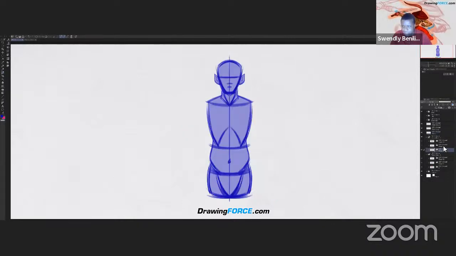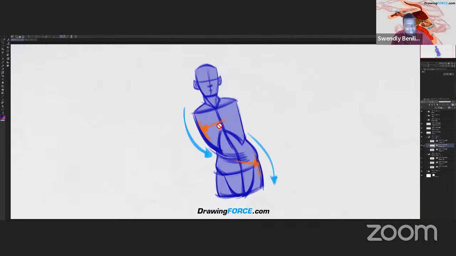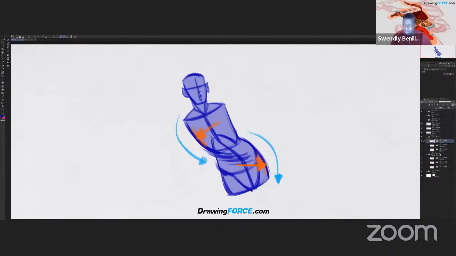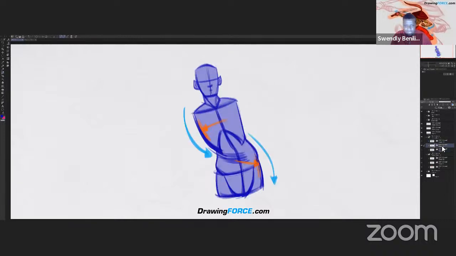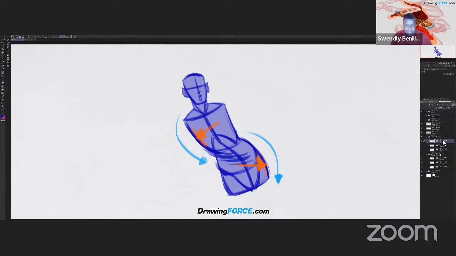So neutral position, applied force on one side of the rib cage at the upper part, the other side of the pelvis on the opposite end, and we get this lateral movement. And here we can see a more exaggerated version of it. So we go from neutral, and we have this. Template-wise, in terms of the regular S curve, these are the two instances in which it would occur.